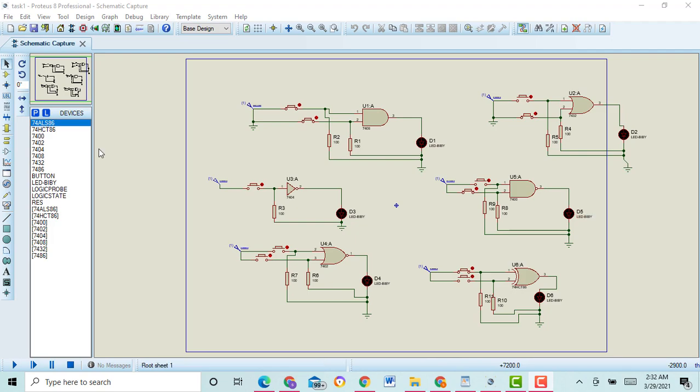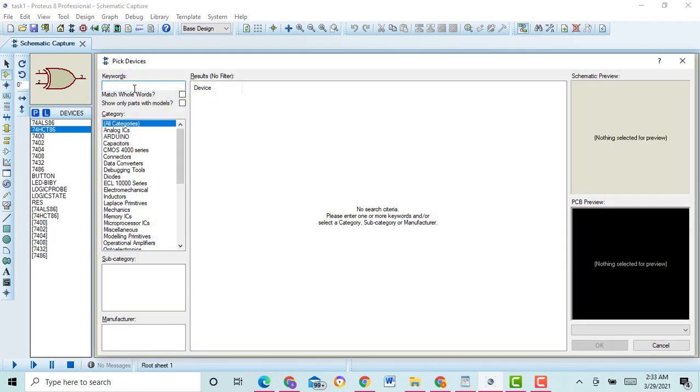First of all, you need to choose your component for the circuit, and as you can see, you can follow my cursor. Here you can see I choose the component from the Proteus library from here. Here you can go and choose any component from here as you want. For example, I want to choose resistor.